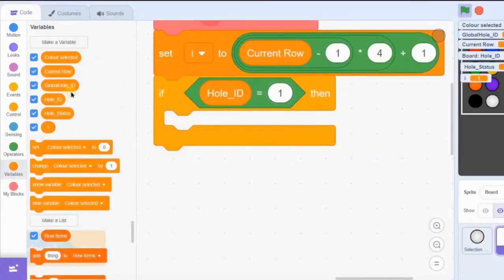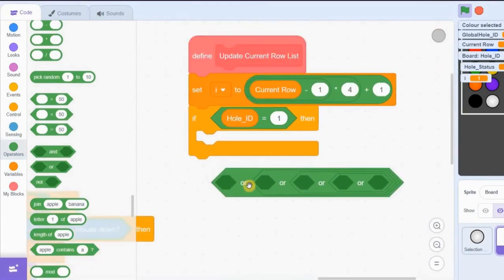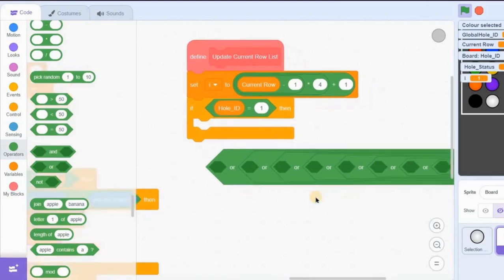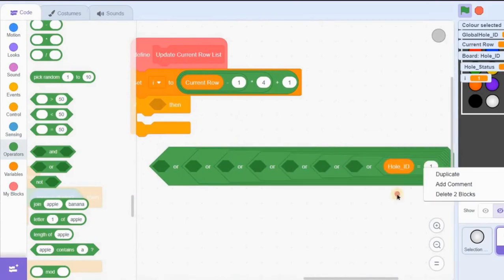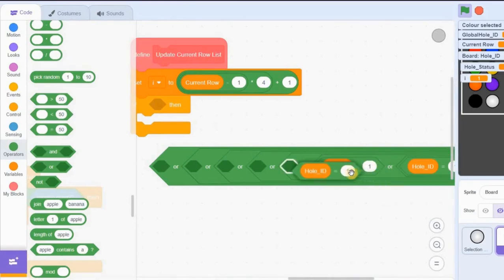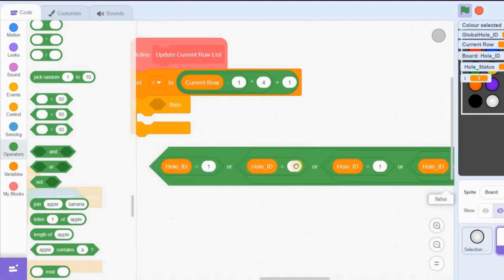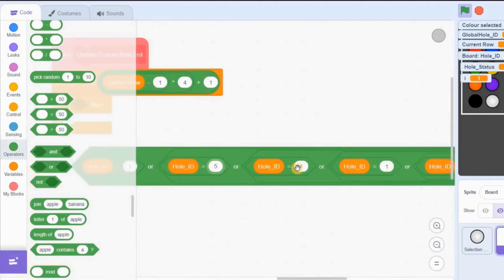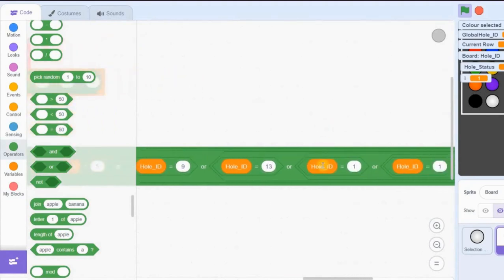We'll put 8 OR blocks and put hole ID is equal to the particular first hole of each row. Change the numbers to: if hole ID equals 1, 5, 9, 13,